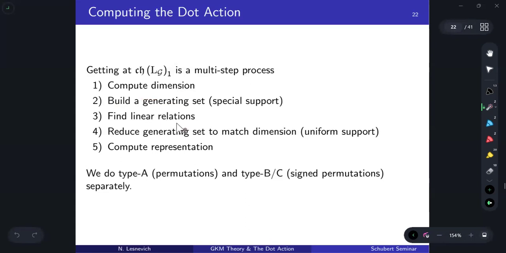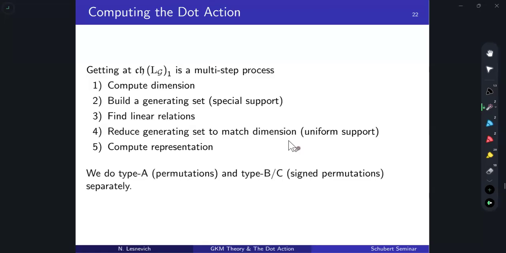The nature of that, trying to make it match up with the dot action, means I'm going to have a set that's too big, right? I'll need to find linear relations within that set to pare the number down until I can get a basis, right? So I want to reduce this generating set in such a way that I now match the dimension that I had computed earlier, but I also want to do away with this whole special